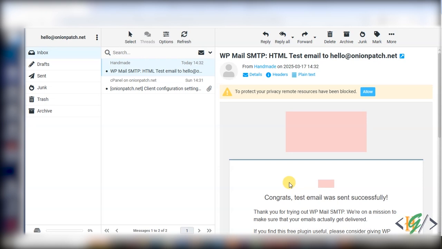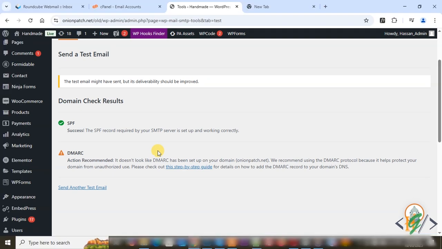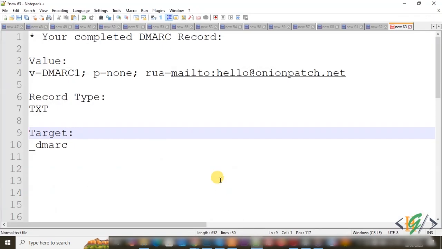Now back to WordPress. But in WordPress you see the DMARC issue. So we are going to fix it now. You can add a TXT record for DMARC in your domain DNS and your issue will be fixed. And you will find the TXT record for DMARC in the video description. Now you see value v=DMARC1 and then p=none and then rua=mailto. So you can add your email address here.